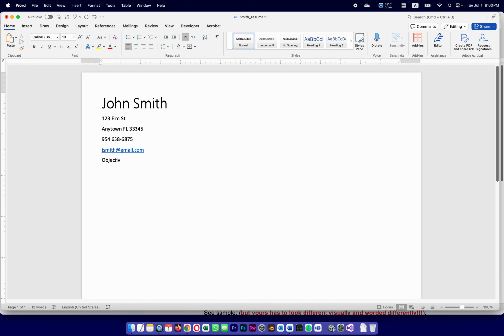The important thing is that it needs to be a heading 1. So I'm going to select it and I'm going to make it a heading 1. Again, the way it looks might not be to your liking, but it's designated. Its meta information is that it's a heading 1. So any AI or digital agent reading it will know that's a section called objective and not just a paragraph with the word objective. Then,